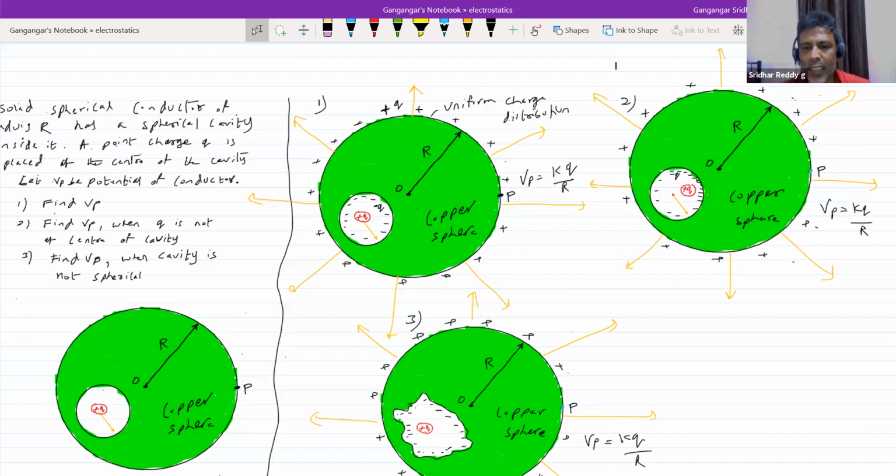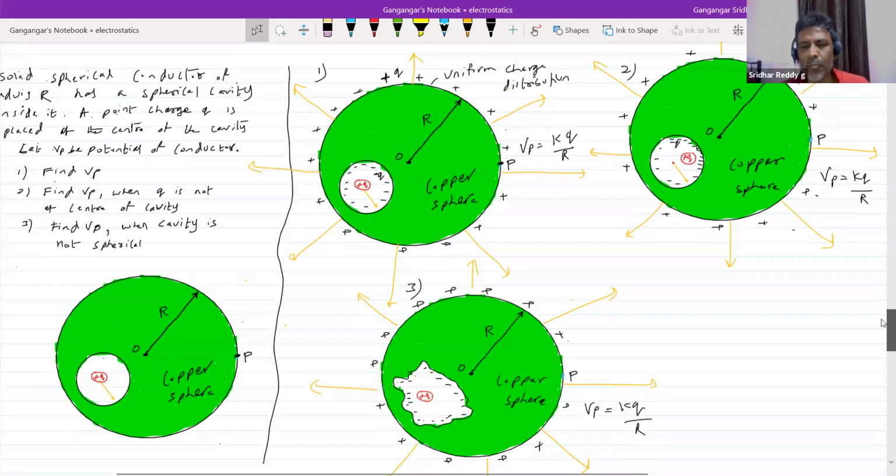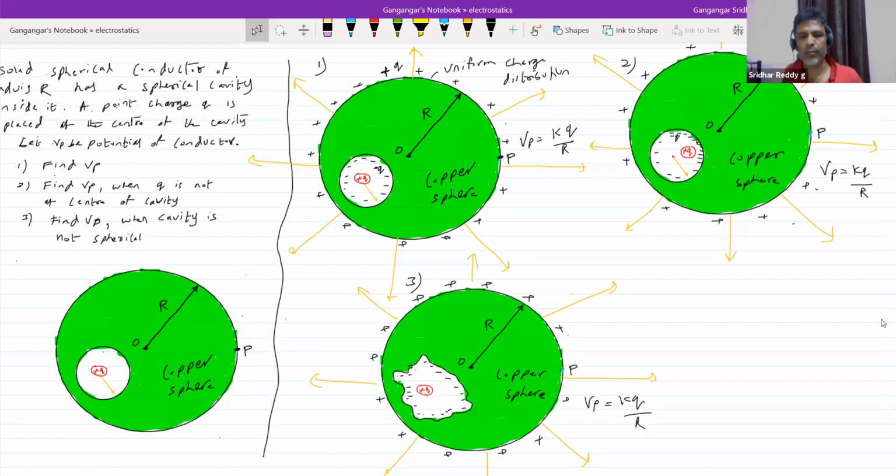But what you are calculating is the field, no? So directly, you have to apply that it is a uniform charge distribution, similar to a conducting charged sphere. So what is the electric field? KQ by R square. You apply that, at infinity it will be 0. So apply the concept. It is similar to a uniformly charged conducting sphere. Therefore, what is the potential on the surface? KQ by R. This will be really troublesome because we don't have any firm formula here. The basic concepts are what we are applying here. Shall I proceed?